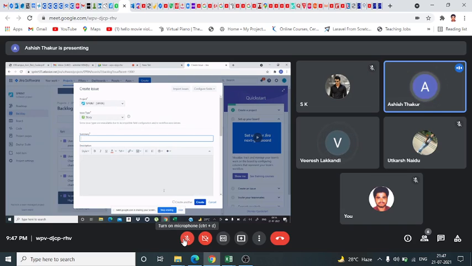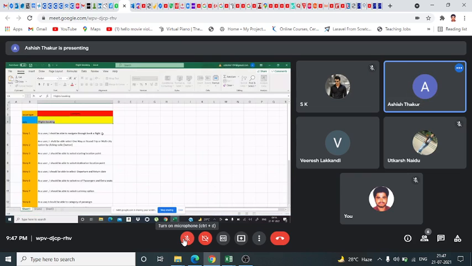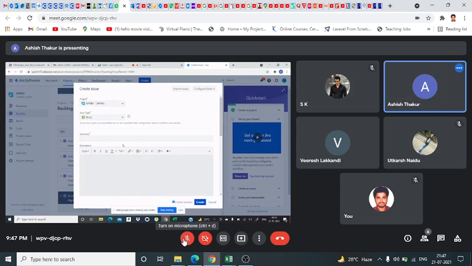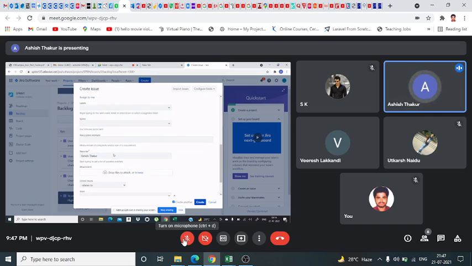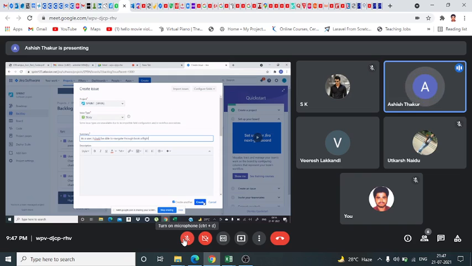Now you have to add multiple stories. Obviously in an epic there are many stories. So just click on create another, then come to your Excel sheet, click on the first one, Ctrl+C, then come here and Ctrl+V. When you click on create, you can assign the priority also, like sprint points. Here you can't assign the priority, we will assign it later. So we will click create.